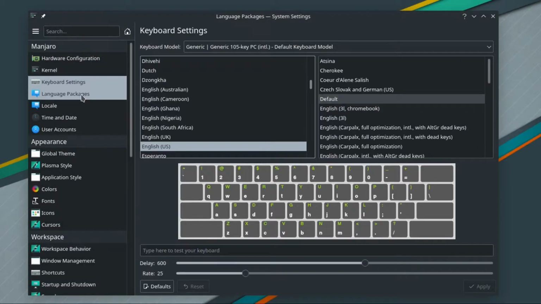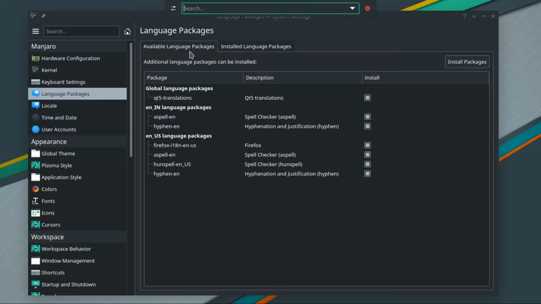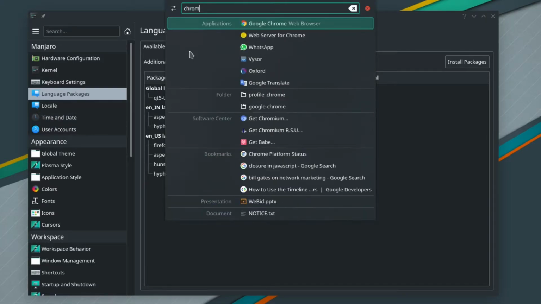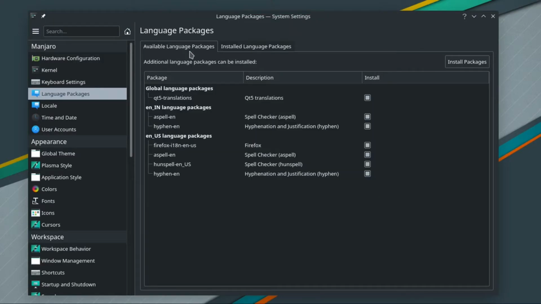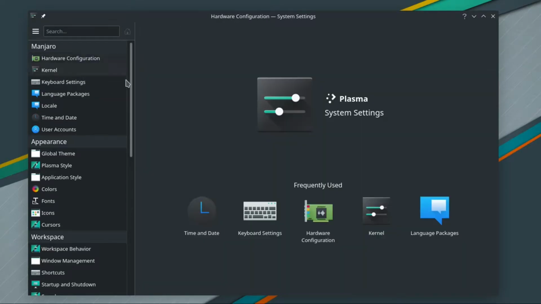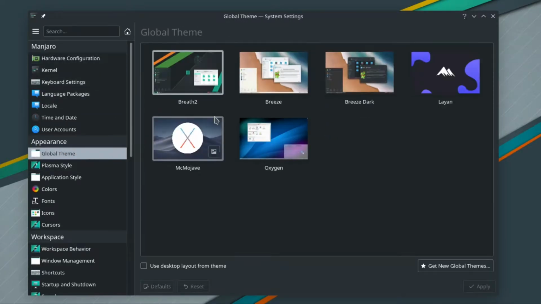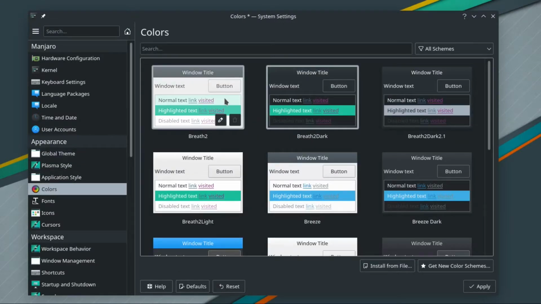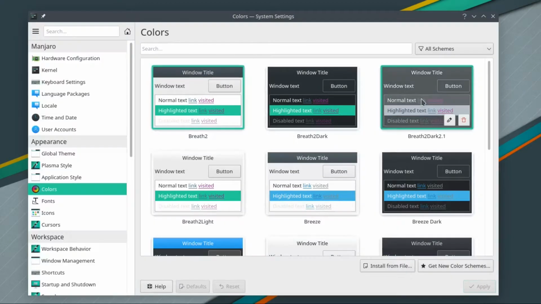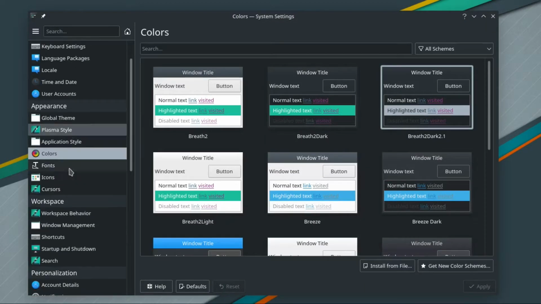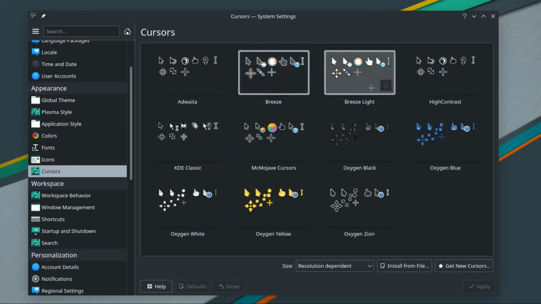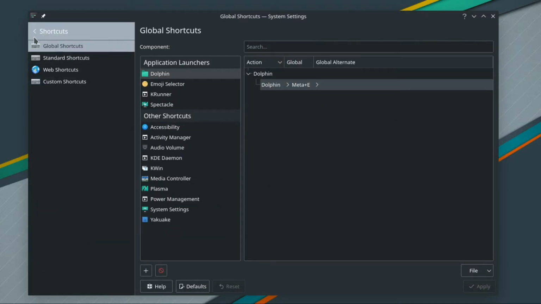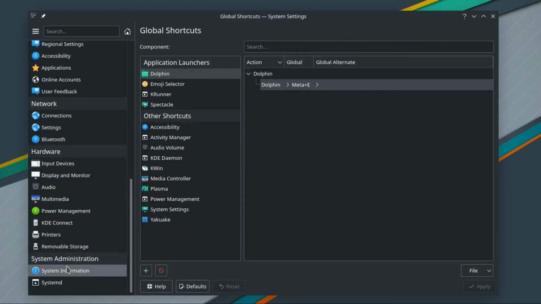So first thing first is KRunner. KRunner is too handy to control your applications or open your applications, and you can close them easily. The second thing is System Settings. In System Settings you can easily control your whole desktop and customize it according to you. And the third thing is professional apps. In Plasma Desktop a lot of applications are supported, which means you don't have to keep writing commands in the terminal and go through the hassle to install your application. You can just easily install your application from the software application store.